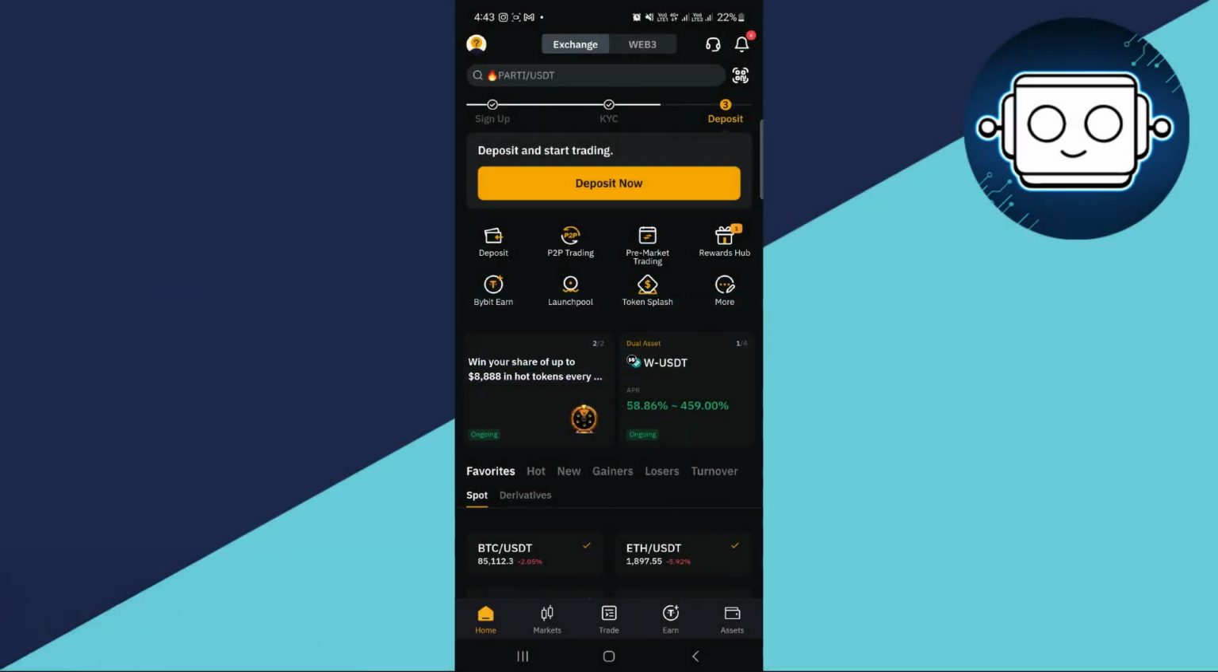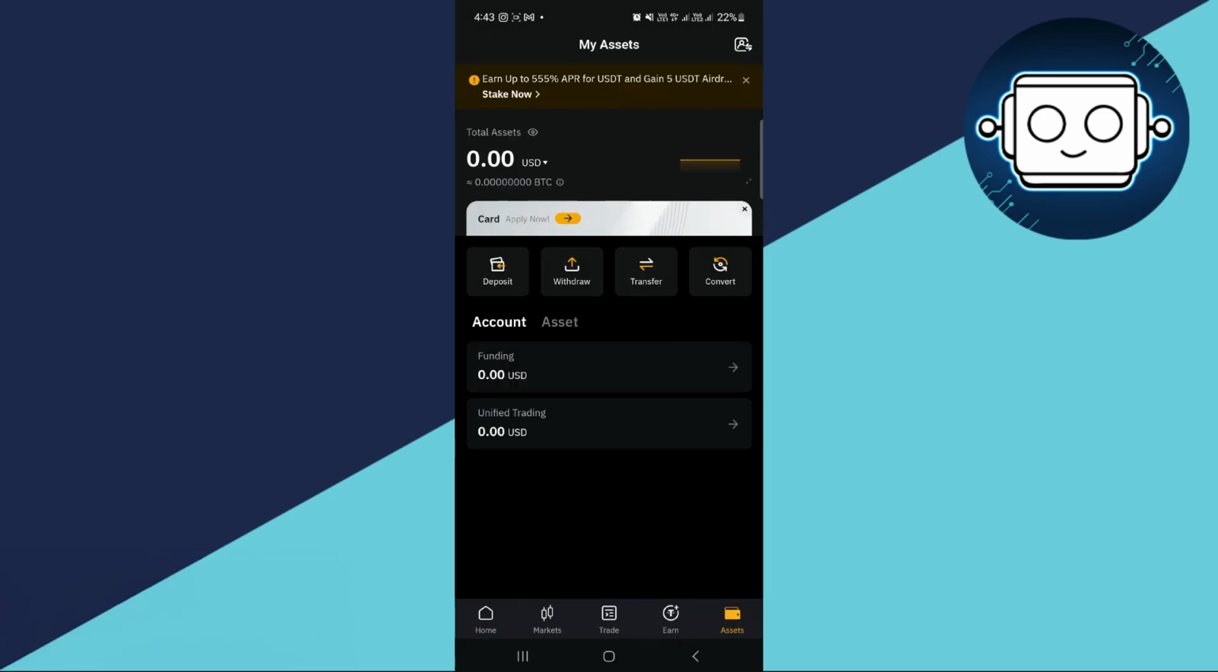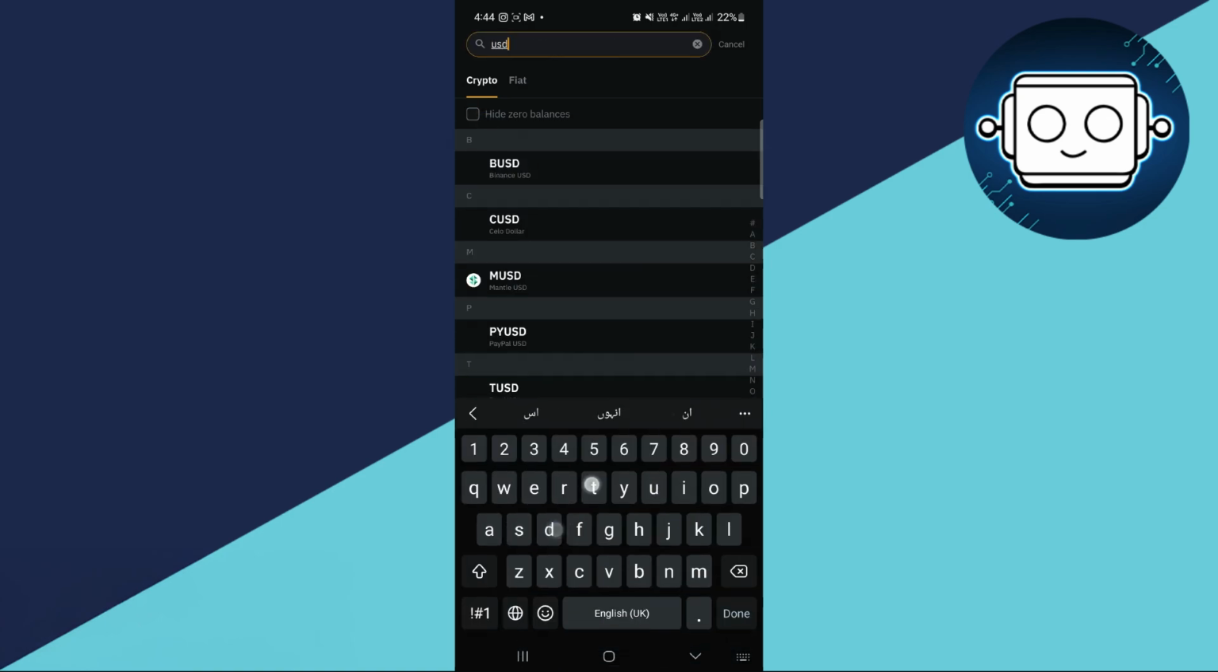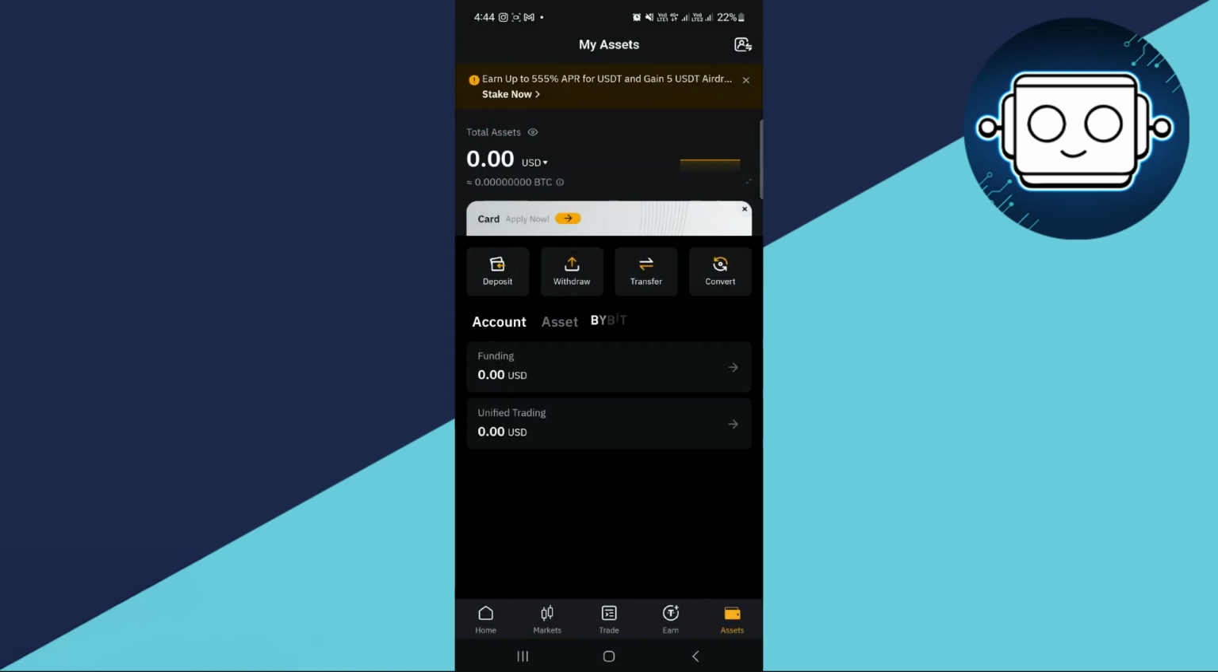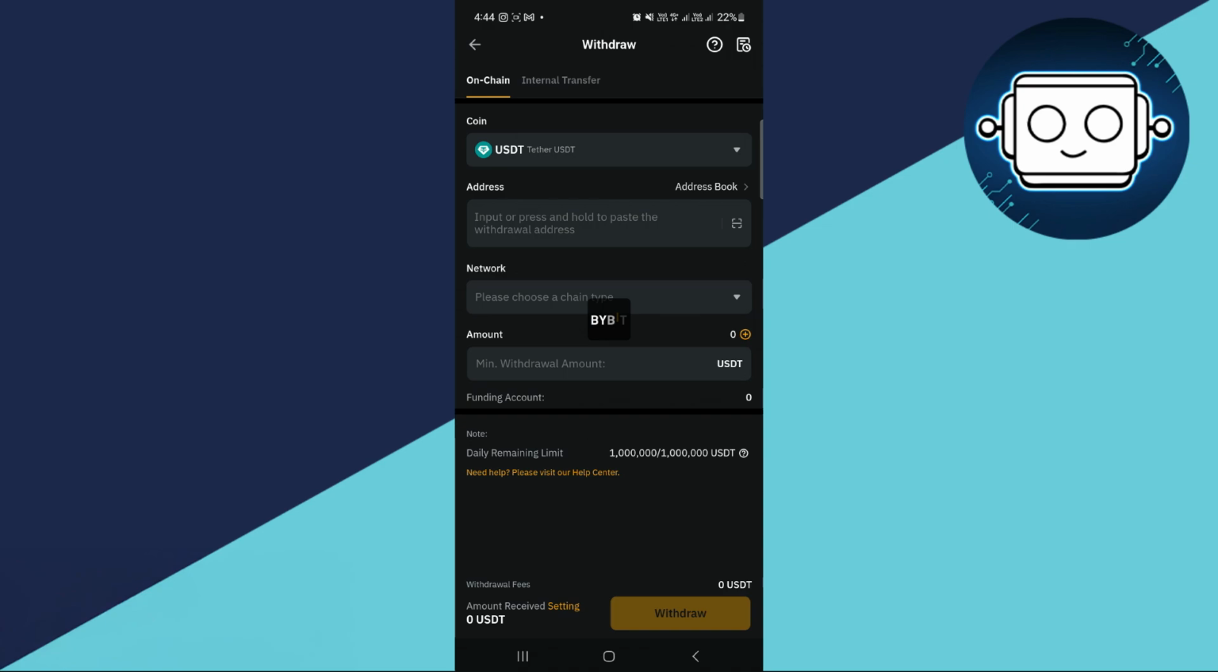For that, you will have to first launch your Bybit mobile application and then tap on the Assets tab in the bottom right-hand corner of the screen. Then, among the given options, you will have to select the Withdraw option. After that, in the search bar, you will have to search for USDT and you simply need to select the USDT option. Then, you will land on the On-Chain Withdrawal option page, where you just have to fill out